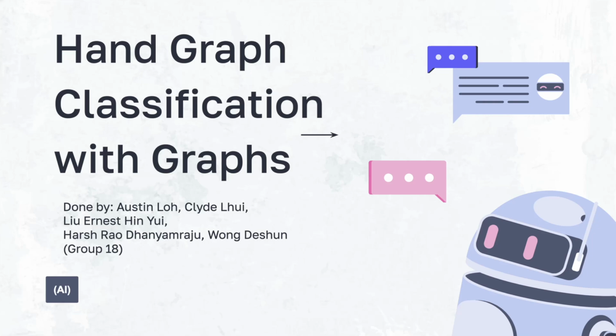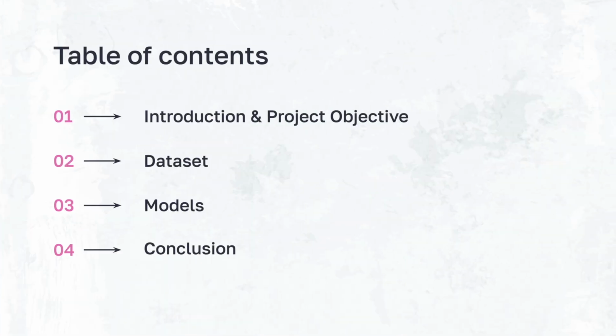Hi everyone, we are Group 18 and we will be presenting our project on hand gesture classification with graphs. We will first introduce the project and our objectives, then the dataset we use as well as pre-processing of data. Then we will describe the models we use and the results obtained from these models, and finally we will conclude